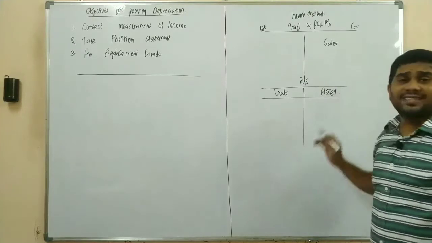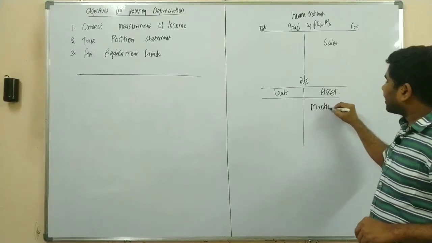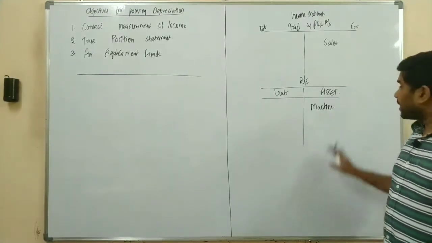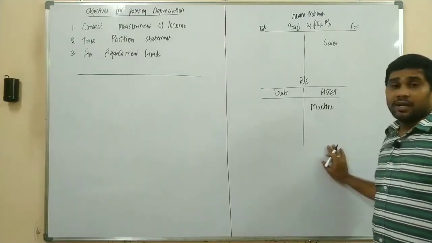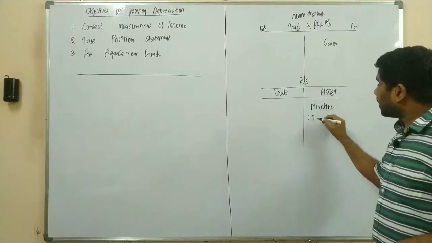As machinery is nothing but a fixed asset, this machinery should be recorded under the heading of assets. Yes or no? On the asset side. Now, as we are recording our machinery on the asset side, whatever you are recording in the accounting here, should be